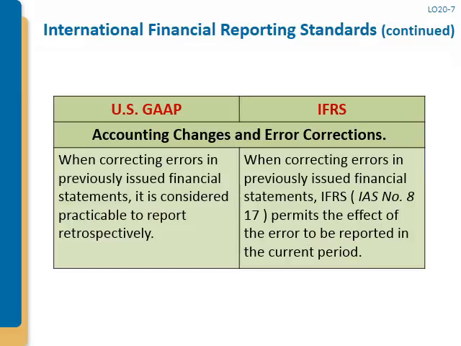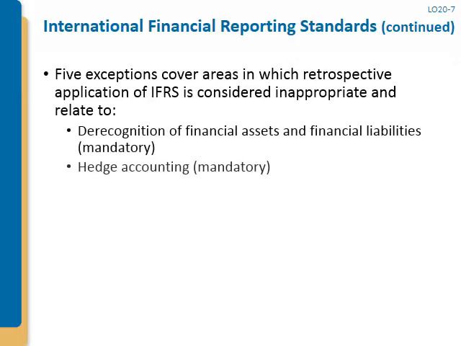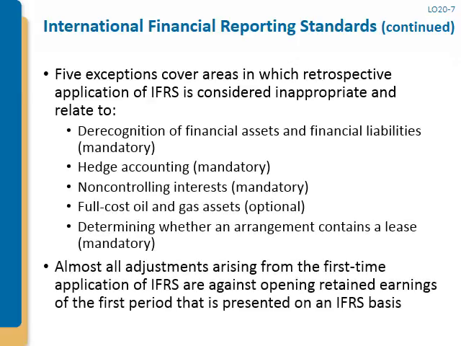U.S. GAAP and international standards are largely converged regarding accounting changes and error corrections, but one difference concerns error corrections. When correcting errors in previously issued financial statements, IFRS IAS number 8 permits the effect of the error to be reported in the current period if it is not considered practicable to report it retrospectively, as is required by U.S. GAAP. The 5 exceptions cover areas in which retrospective application of IFRS is considered inappropriate and relate to